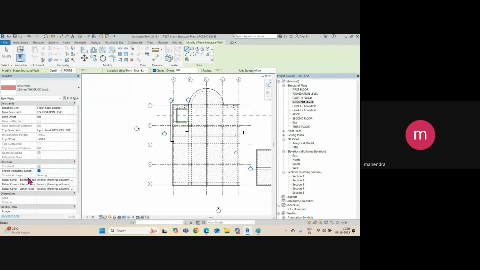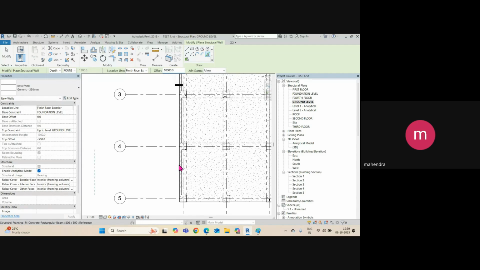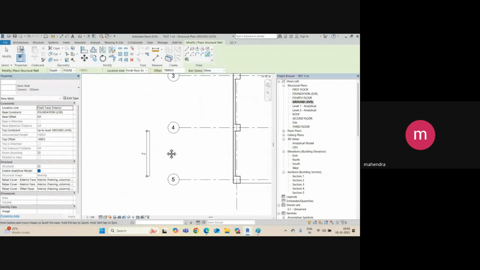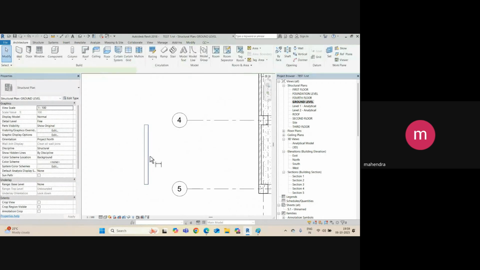Say select. Then after that I will use this option, pick lines, because I have a boundary here, and then you need to give an offset of 10 meter. And then simply select this face, so you can see the dotted line is the location of your wall. So you can see this wall. So if I check,